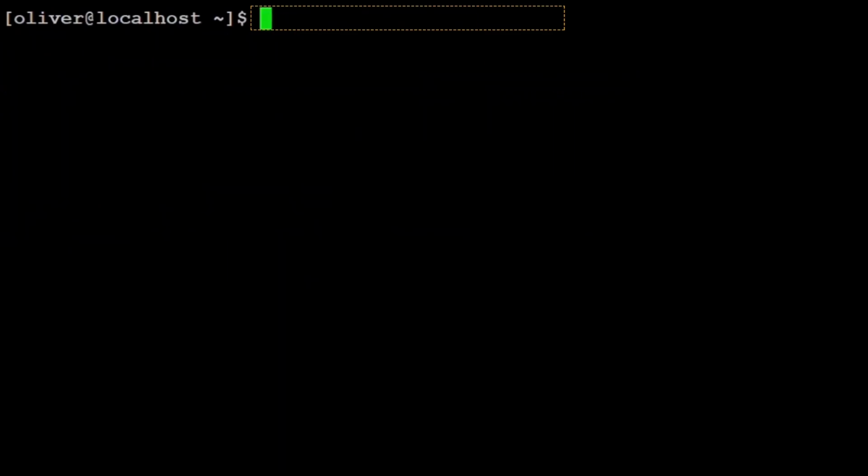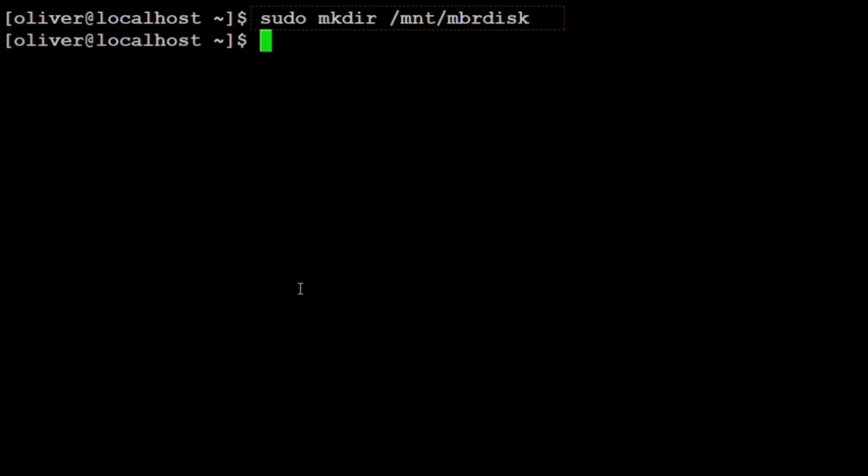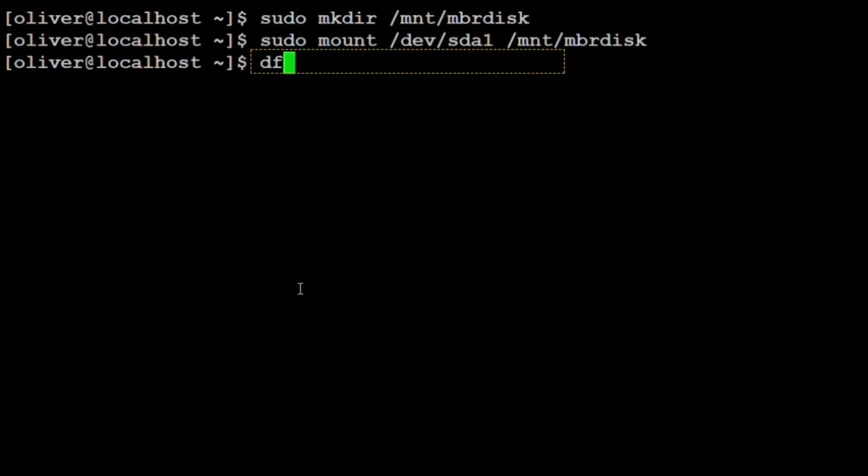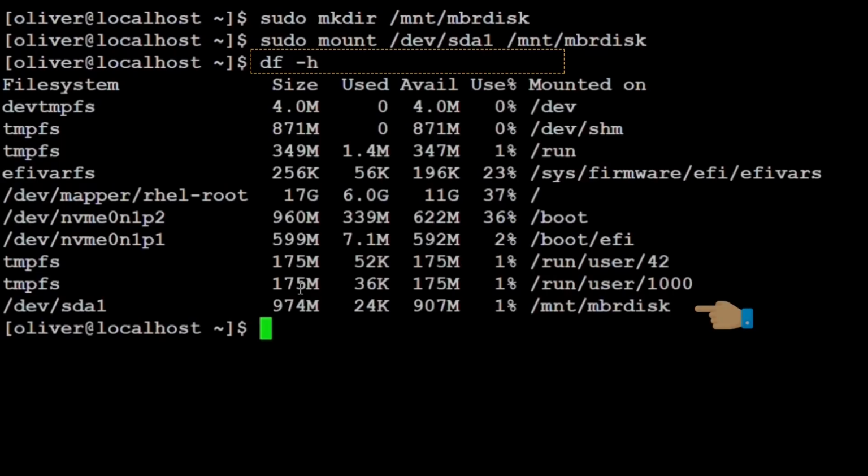To mount the partition, I first create a directory as a mount point. I type sudo mkdir /mnt/mbr disk. Then I mount the partition using the command sudo mount /dev/sda1 /mnt/mbr disk. To confirm the mount was successful, I type df -h. I can now see that /dev/sda1 is mounted on